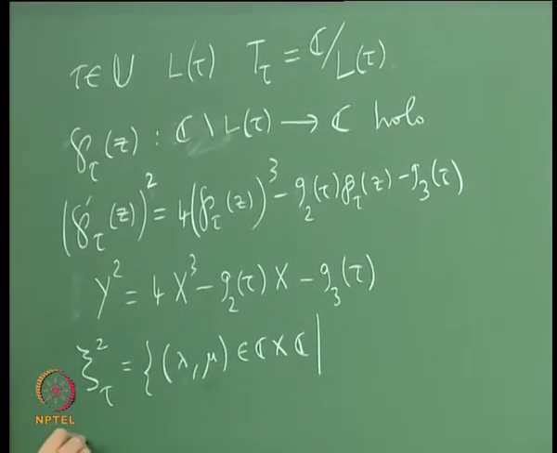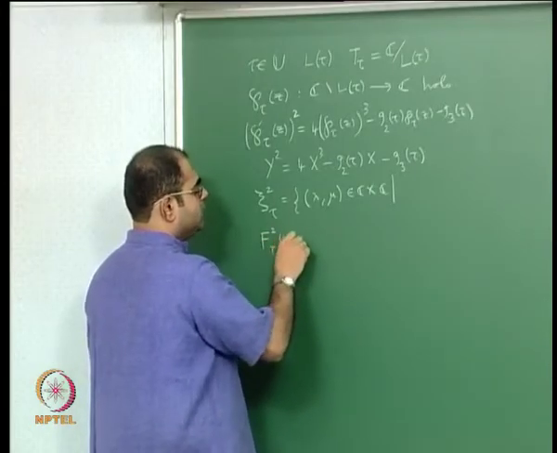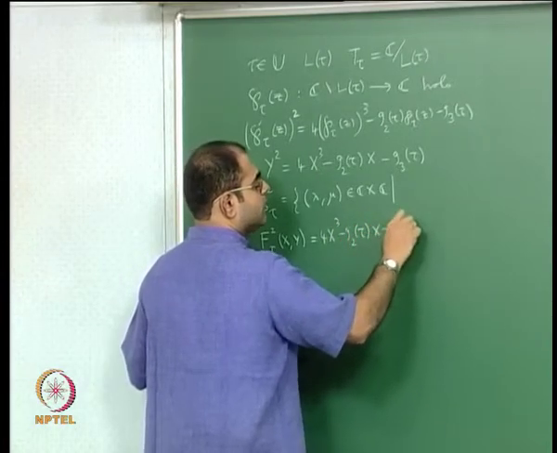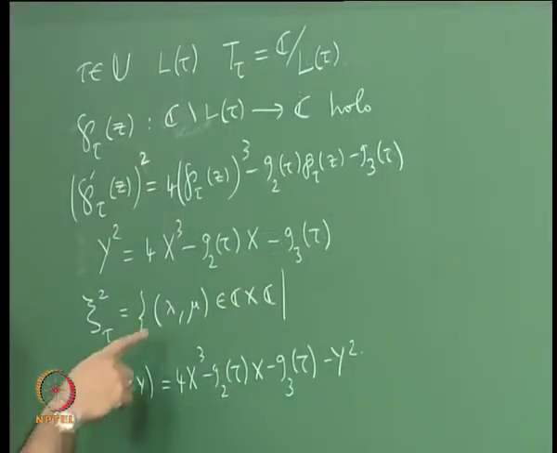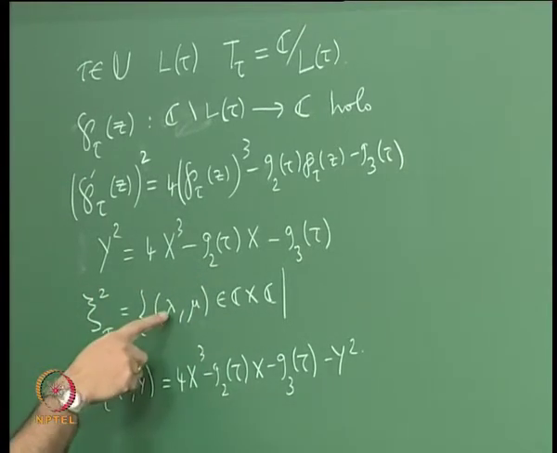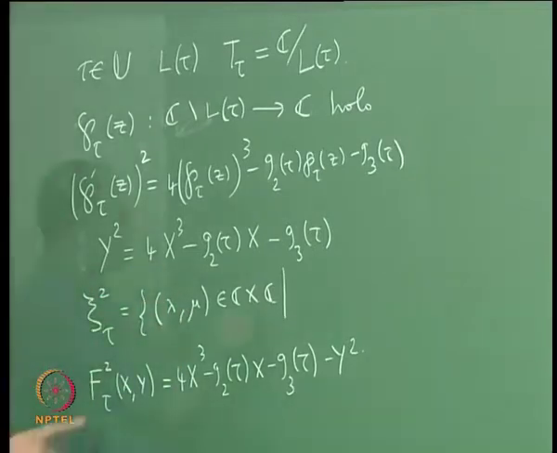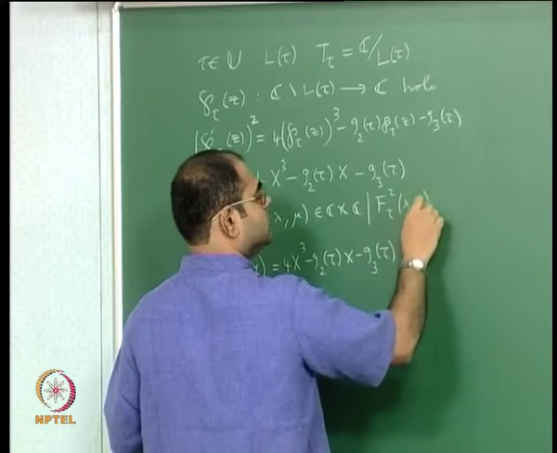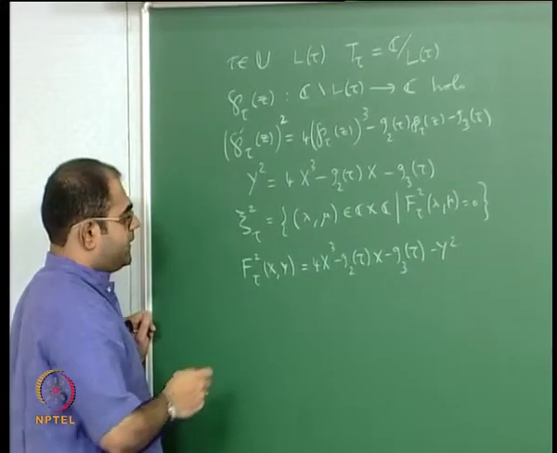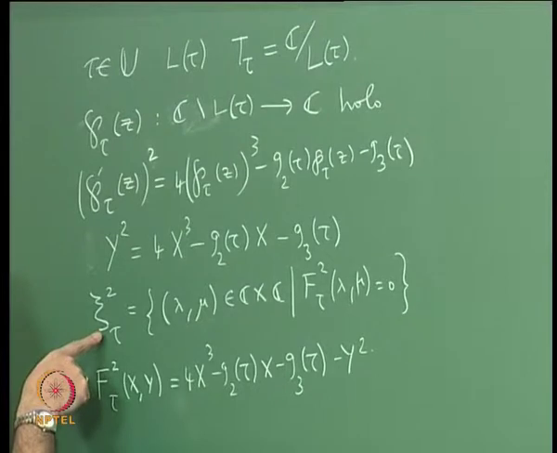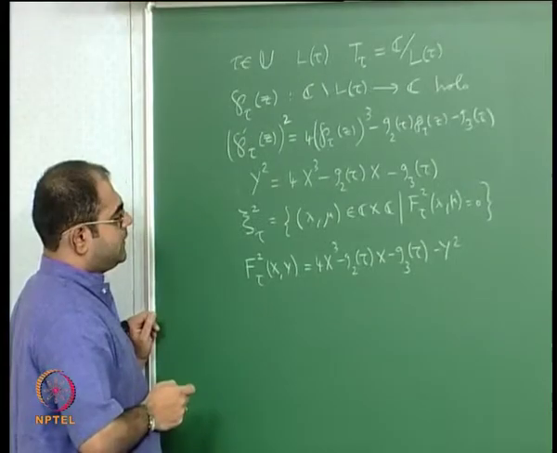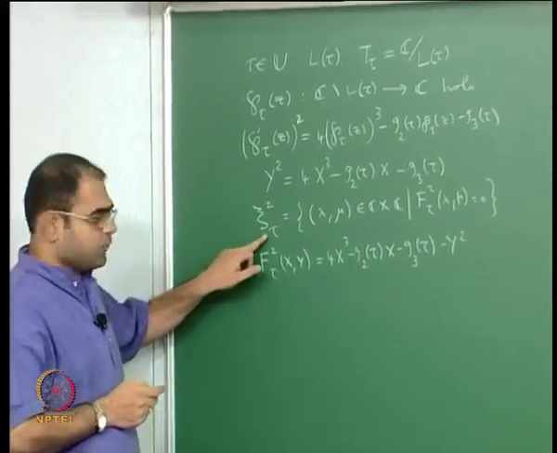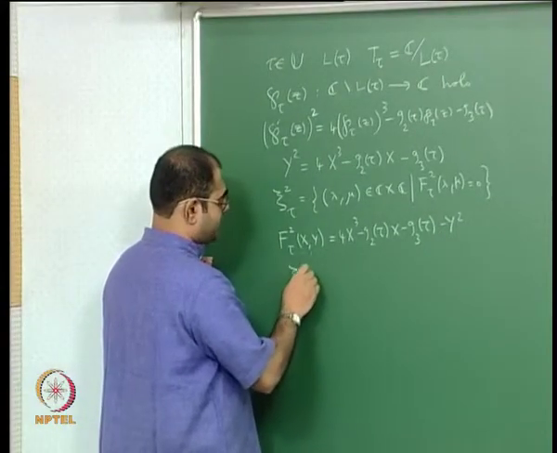I will define f2 tau of x, y to be this polynomial, namely 4 x cubed minus g2 tau x minus g3 tau minus y squared. Then (lambda, mu) satisfies this polynomial, with lambda substituted for x and mu substituted for y, if and only if (lambda, mu) is a zero of this polynomial. So I will just write this as f2 tau of (lambda, mu) is 0. This Z2 tau is called the affine elliptic algebraic curve associated to tau. So it lives inside C2,